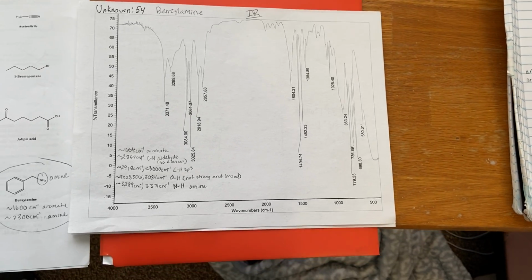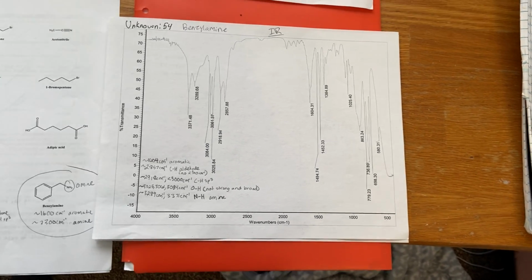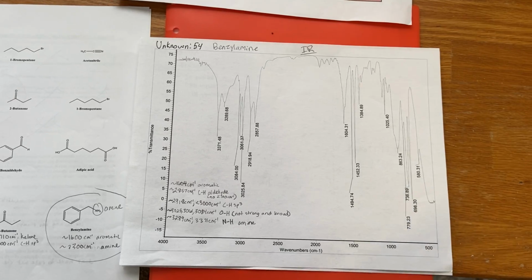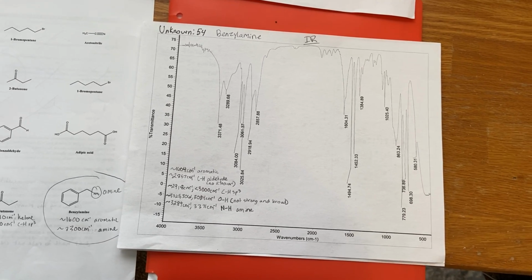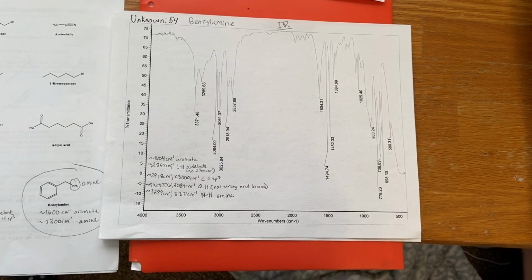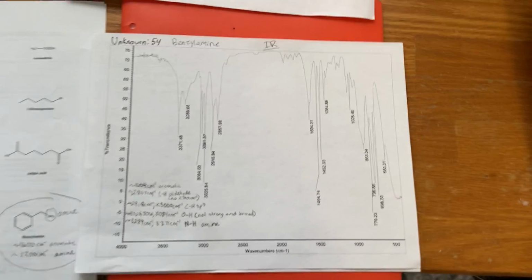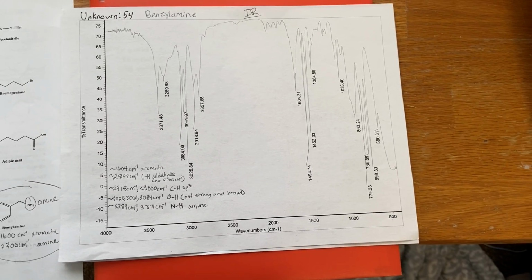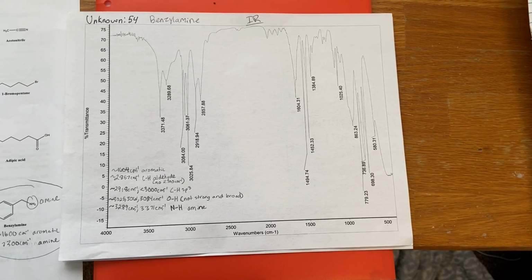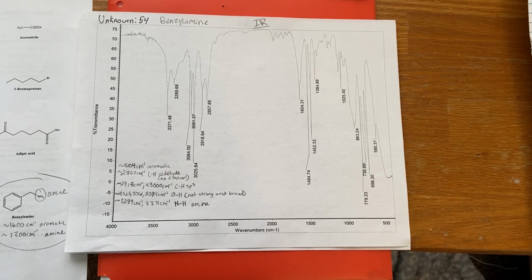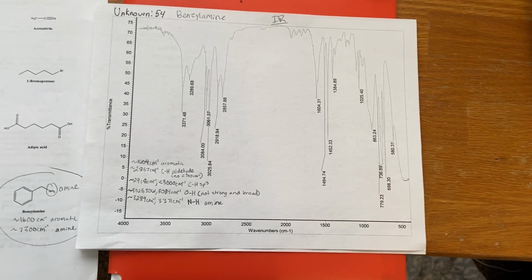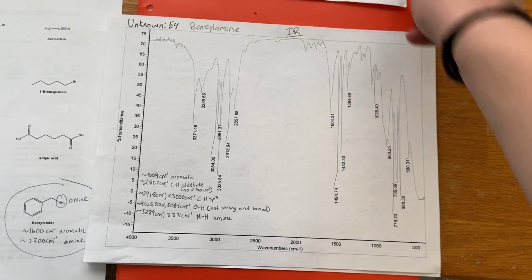And then after that, the machine created the spectrum and the salt plates were cleaned, and then the machine was able to do the next one. So this was the graph, the spectrum that I found with the specific compound that I had. So looking at this and using the